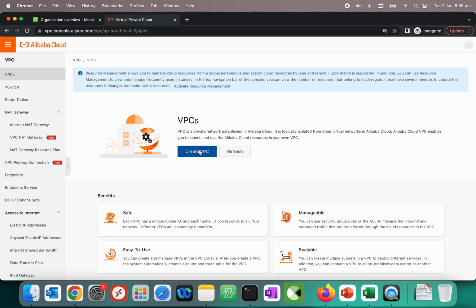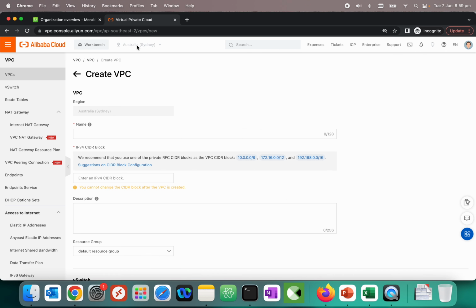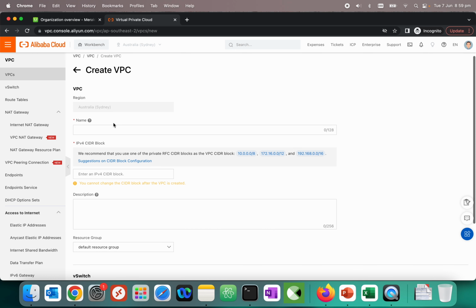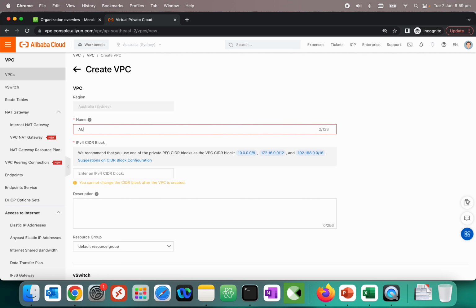The first step, we need to go to the Alibaba console, and then from there I will go to virtual private cloud, and then I can create my VPC. As you can see here, it's been automatically selected to Australia Sydney because this is the last POP I used. So I will name this one my AU VPC,